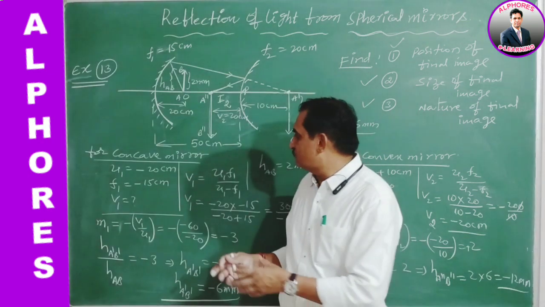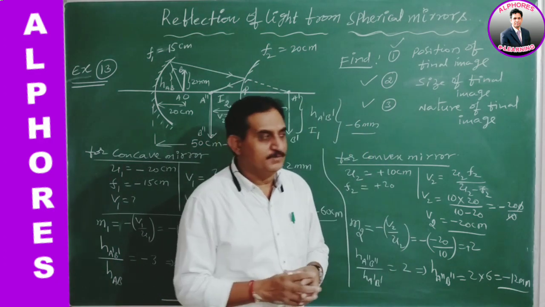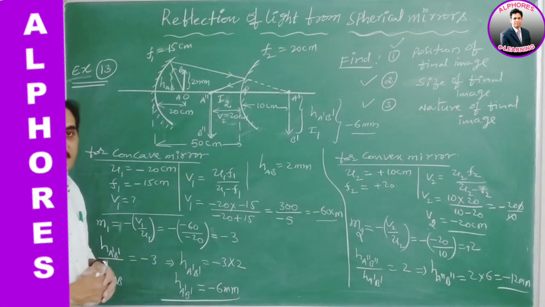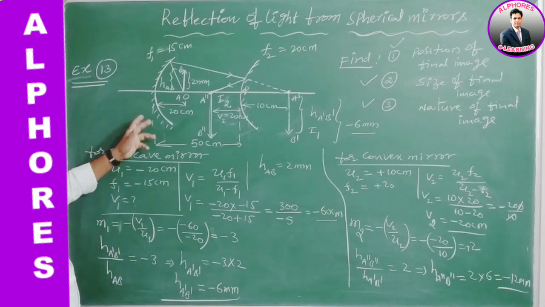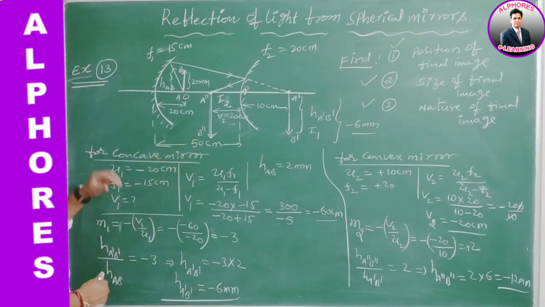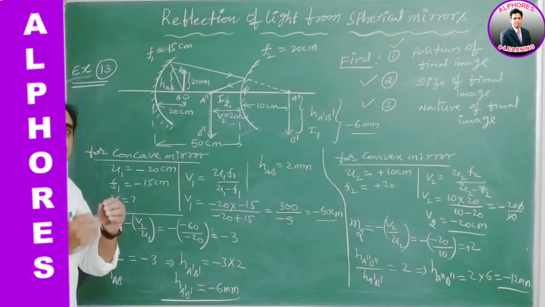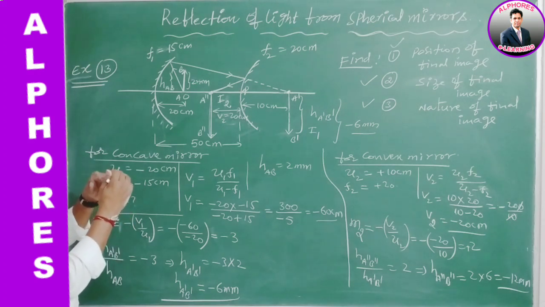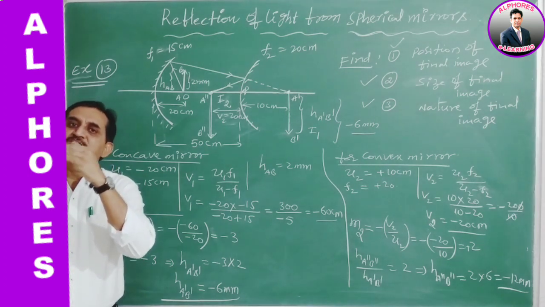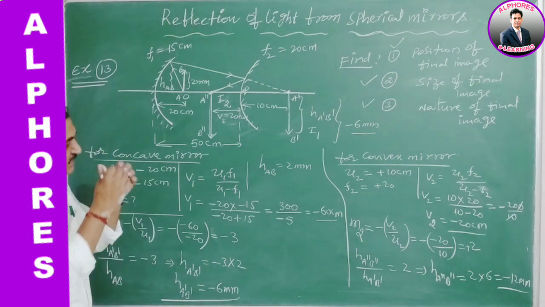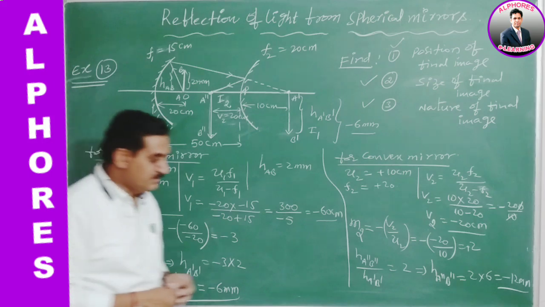Once you understand this properly, you will get more comfort in solving problems of this kind. I will go for one more problem of the same kind. The concave and convex mirrors are taken, and their values will not be changed. As it is kept like that, I will change it slightly. They are coaxial in this problem, but I will give a slight parallel difference between these two axes and keep them that way, then again raise the questions. We will see the corresponding answers in the next one.